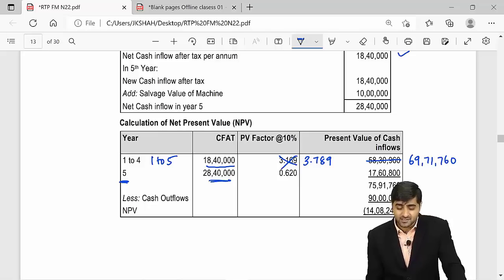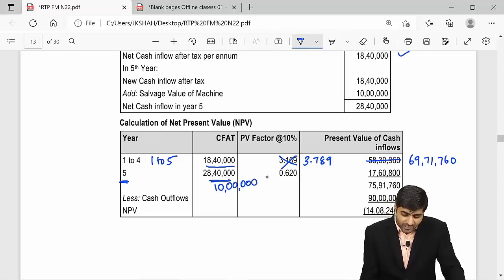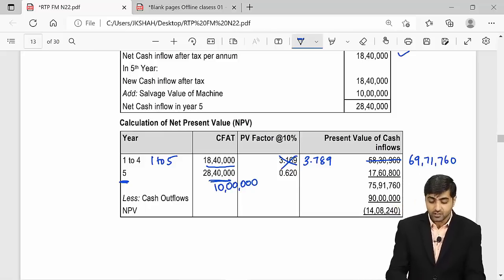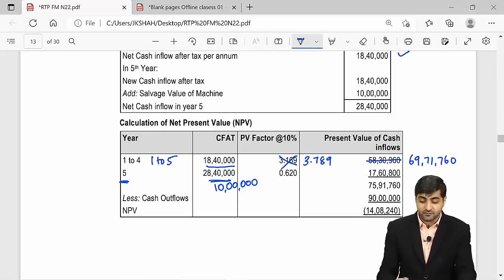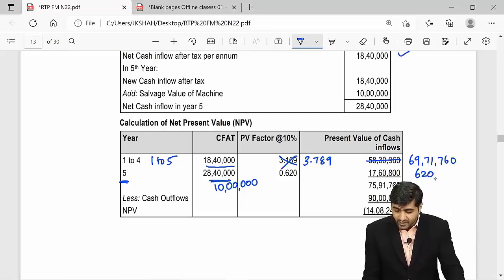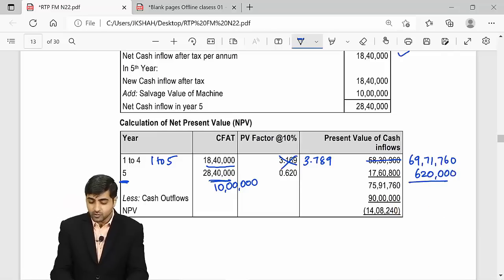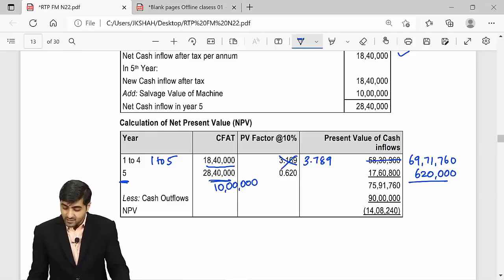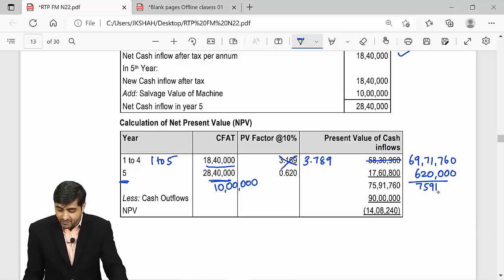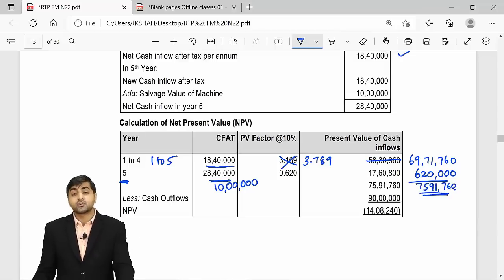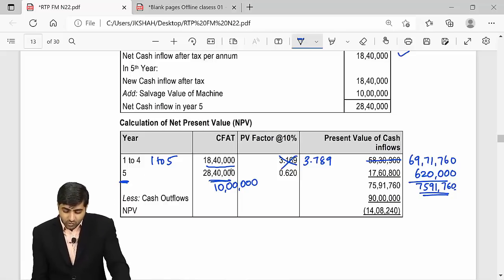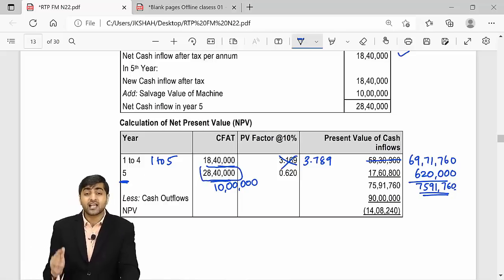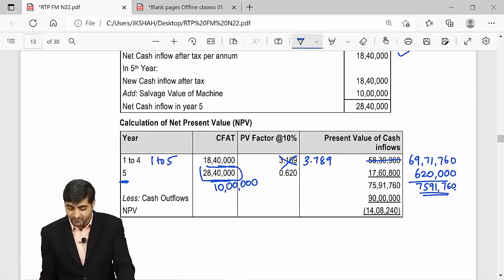So that 10 lakh rupees will be taken into consideration. That 10 lakh rupees you will be multiplying by 0.620. So 10 lakh into 0.62 will eventually give you 6,20,000. And guys, if you do the total of this, 69,71,760 plus 6,20,000 will be 75,91,760. So the Institute here has taken your 5th year as cash inflow from the project, which was 18,40,000 plus your salvage value,